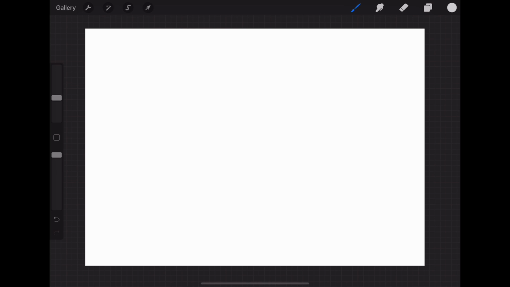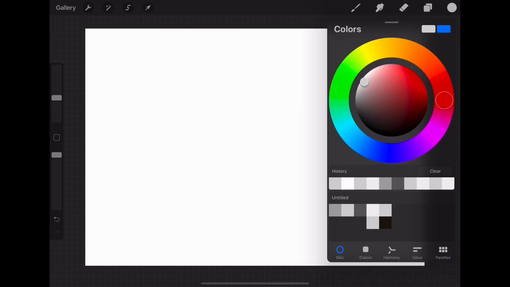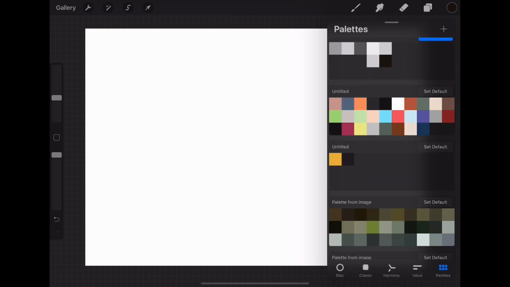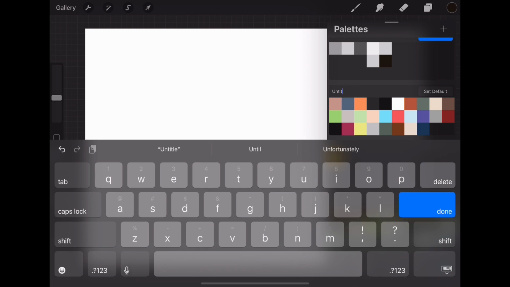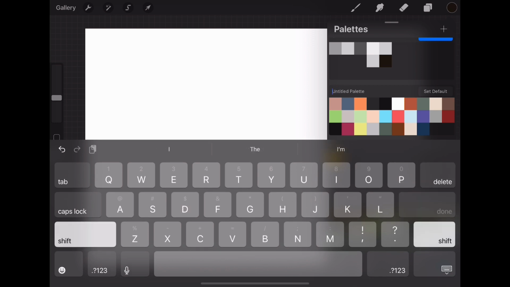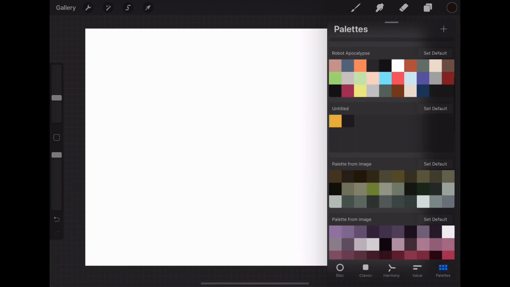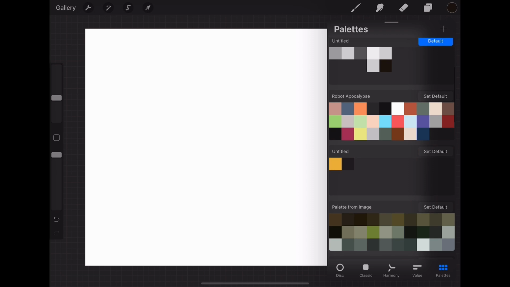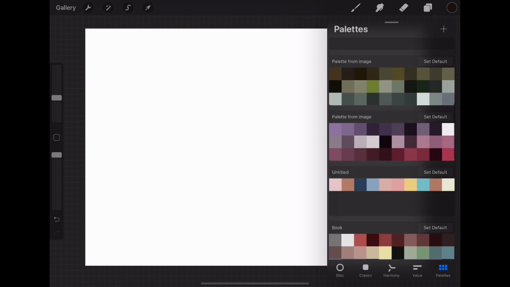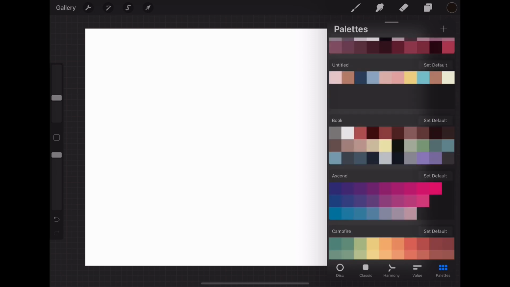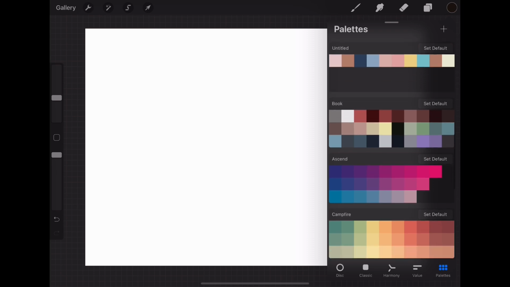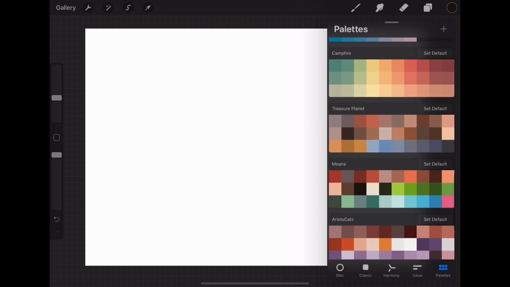Great. So when I work, I almost always exclusively work in grayscale. I really like grayscale, but I also have different color palettes that I use. This one is actually called Robot Apocalypse. It's for another set of OCs I have. These ones are from images, just different color palettes I found online, and then this one's for a book I was illustrating, and then these ones were ones that were in the app already,